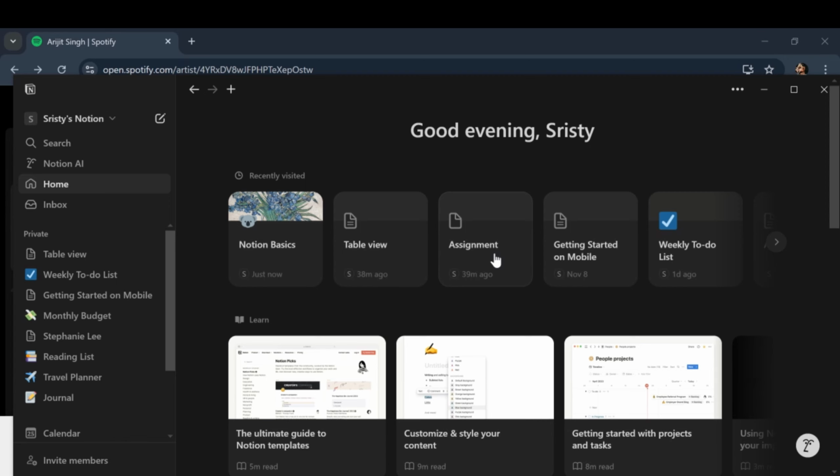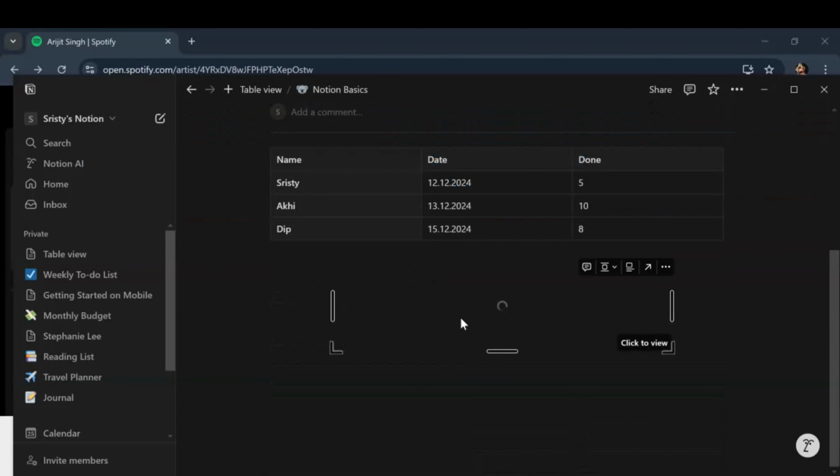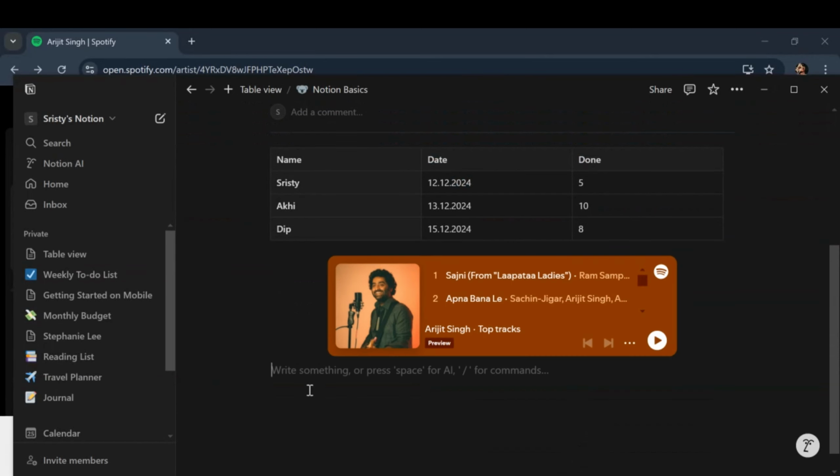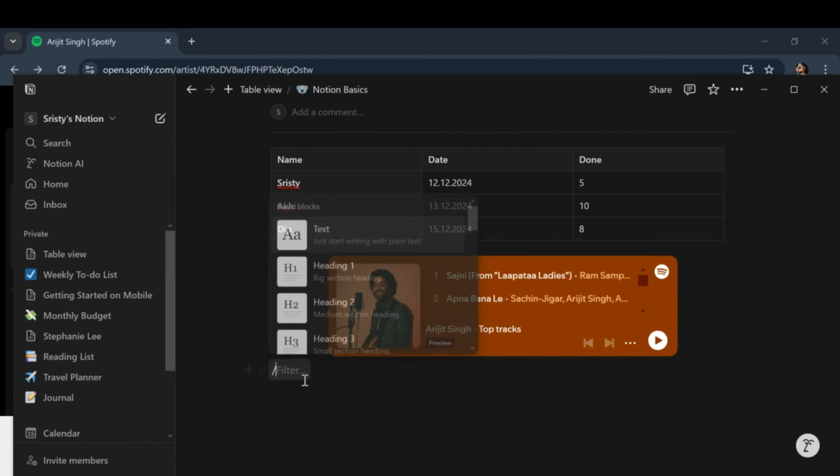So in today's video I'm going to show you how to add a number list in Notion. And you just need to follow some steps. So open the page where you want to add the number list and scroll a bit down and give the command slash,